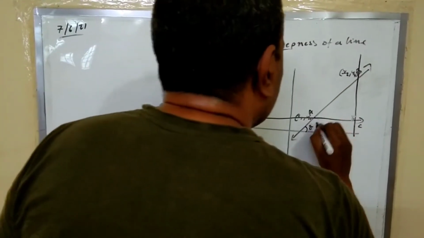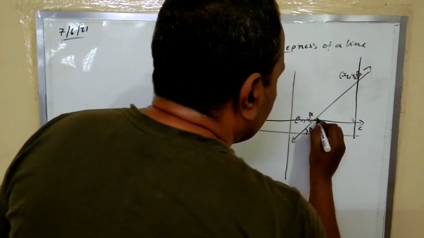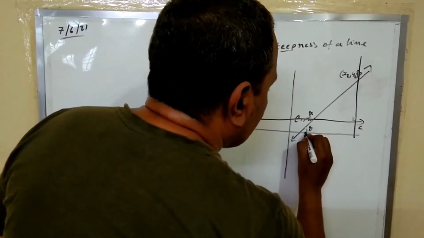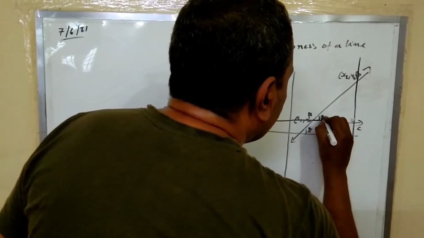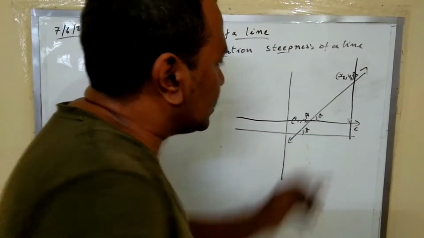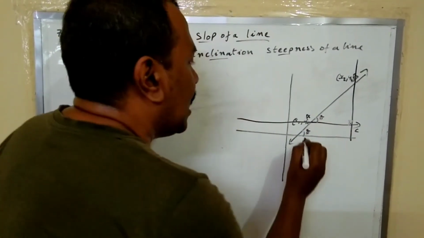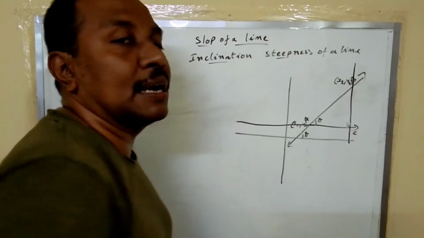Okay. So this is an angle theta. These two lines are parallel and this is a transversal. If this is an angle theta, this will also be an angle theta. I am taking this also as an angle theta because these two lines are parallel to each other and this is a transversal, and these two angles are corresponding angles.